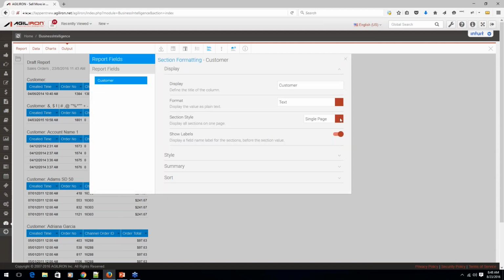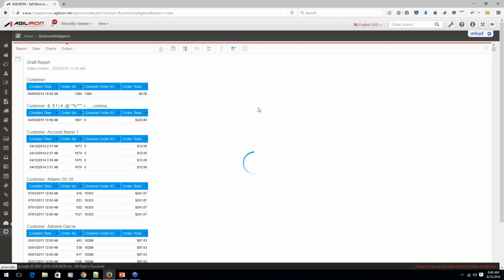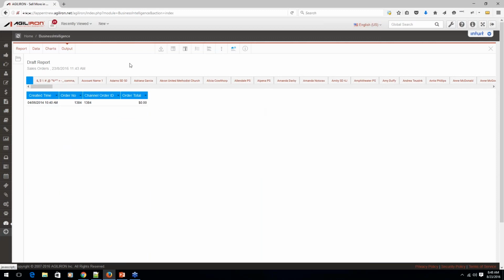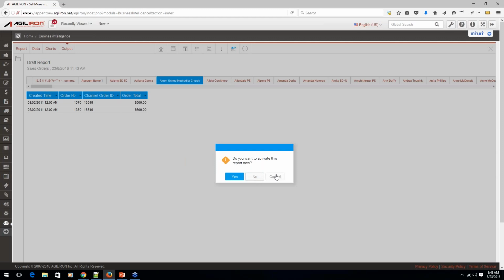So here I could, for example, instead of having a single page, change this to a tabbed presentation, in which case this will collapse down to a set of tabs that you can look at one after the other. So here's an example. Now I can click this, and I can see each of these things presented separately. So that's the mechanism to